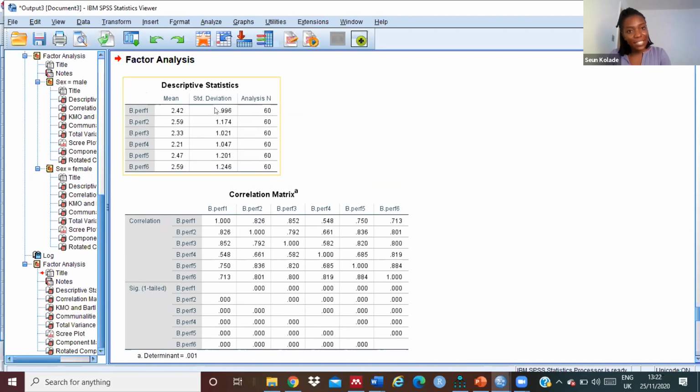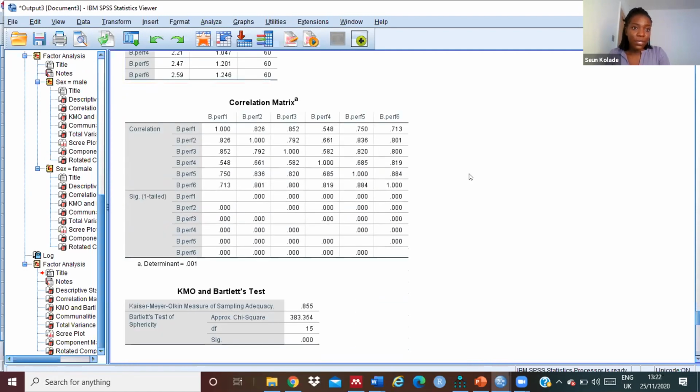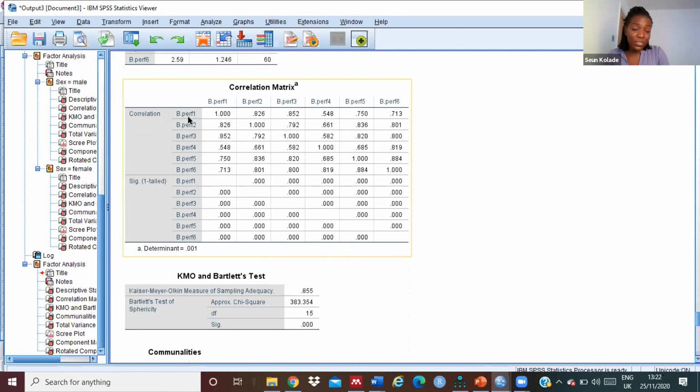So I have, once again, descriptive statistics. This is the mean for each and every single one of the variables, from 1 all the way to 6. It shows you the correlation, so how the different variables correlate with each other. You can see for some of them, they have quite a high correlation. Business performance 1 and 2 have quite a high correlation. So it's good to perhaps also look at this area and try and understand how your variables relate